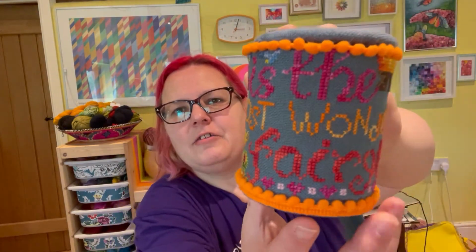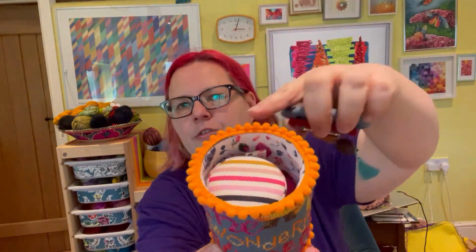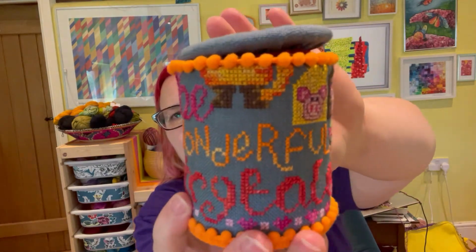And then to match it, I put some on at the top, but I stuck that on horizontally. So it makes a really nice opening. I think it goes together enough so that it matches, but it's not quite the same, and it doesn't dominate and it doesn't hide any of the stitching at the top either. In there, you'll remember,